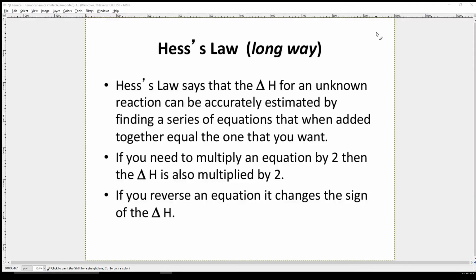Welcome to our third and last thermodynamics video. We're going to be just tying up all the loose ends. So let's start off with a quick review on Hess's law, calculating the delta H for an unknown reaction